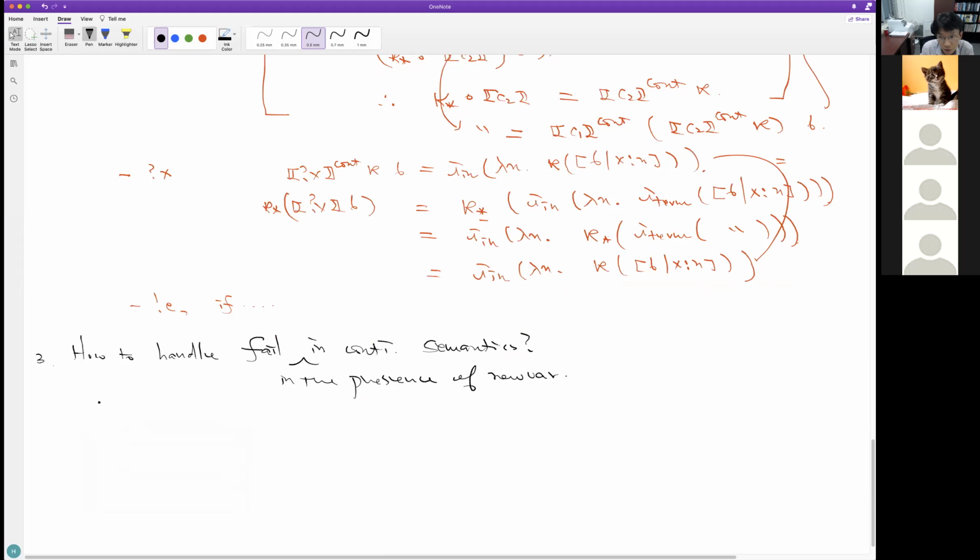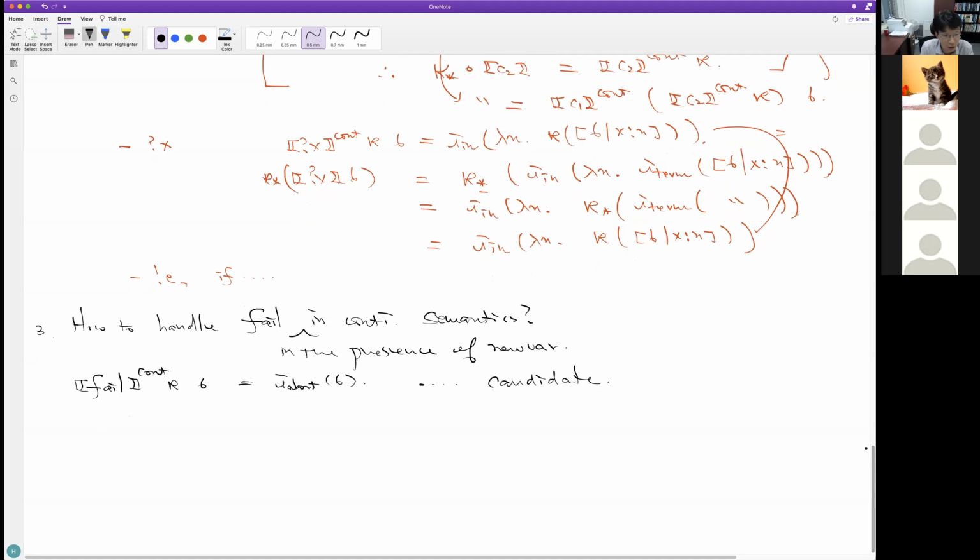What fail is supposed to do is ignore the rest of the computation. So the continuation semantics of fail, you might say, takes kappa and state sigma, and then you just return the sigma, so I say abort sigma. So this is a possible candidate. But this candidate turns out to be wrong. It has a problem.